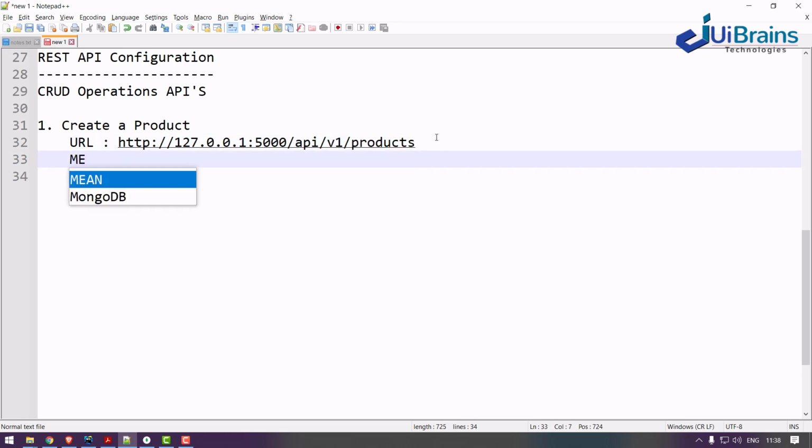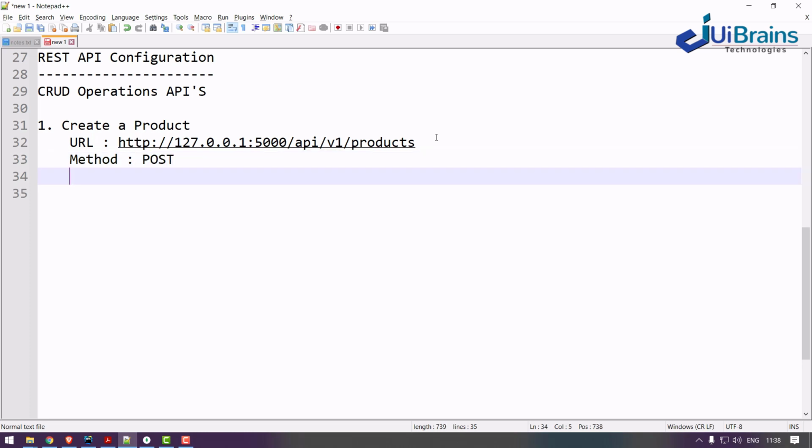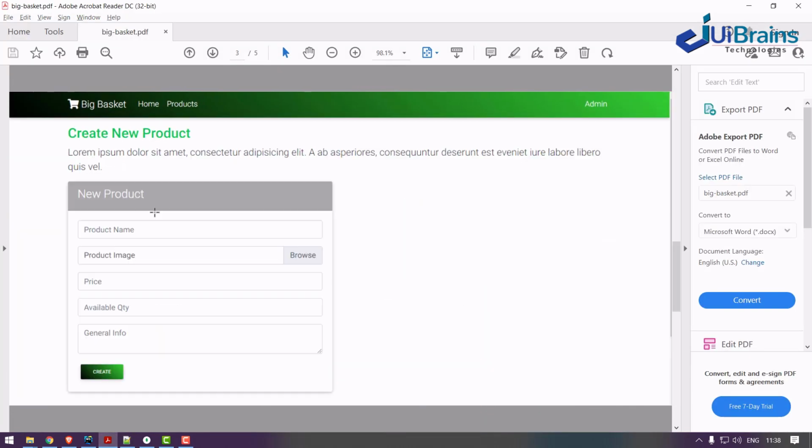And what is the method for products creation? It is a POST method of HTTP. And what are the fields required? Fields means, when you want to create a product, this is the form. In this form you fill in name, image, price, quantity, info, and create, right?